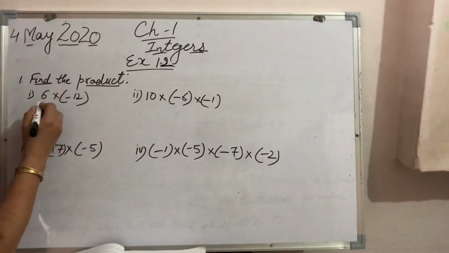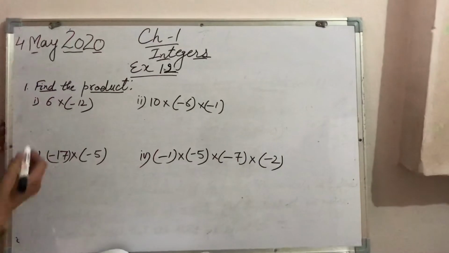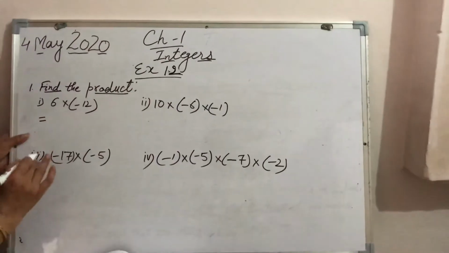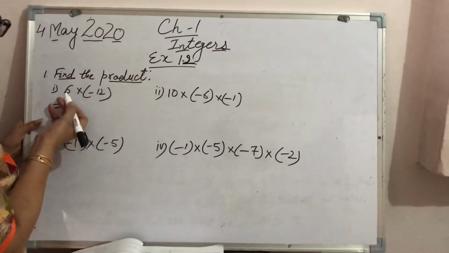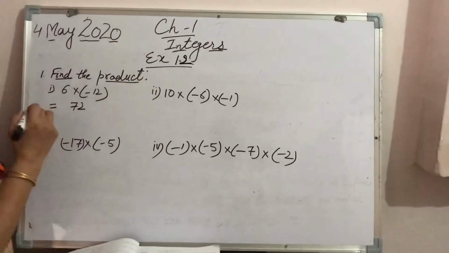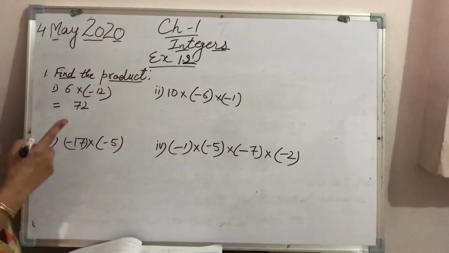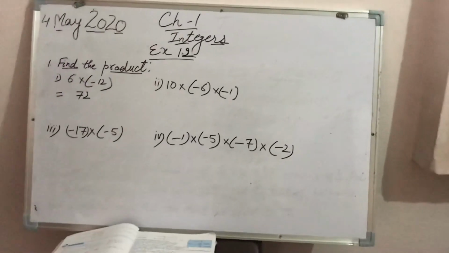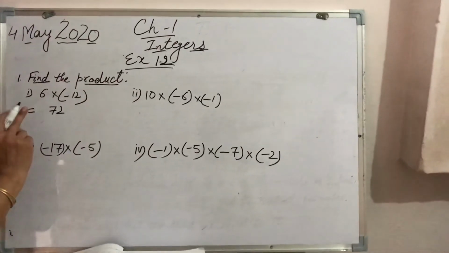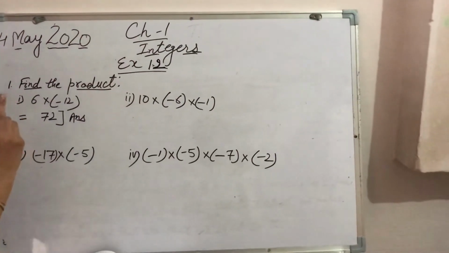First question, 6 multiplied by minus 12. Multiplication is very simple. We have to multiply, but in these questions we just have to check the signs. Otherwise very simple. 6 12s are 72, but we have to check the sign. In these questions we will not check the sign of the bigger number. When we add or subtract, in the answer we use the negative sign of the bigger integer, but while doing multiplication we will calculate the signs also.